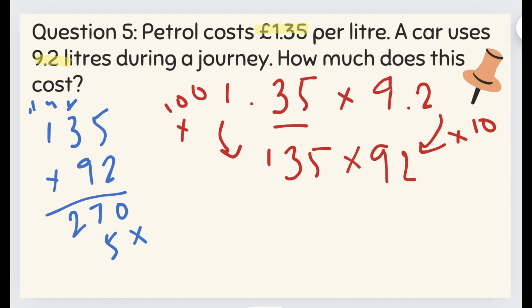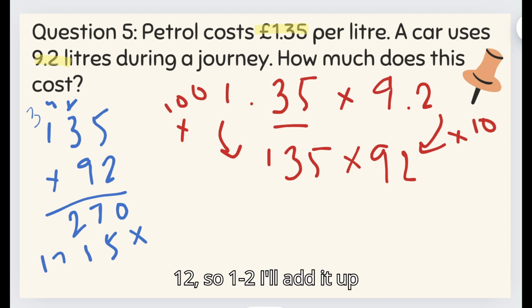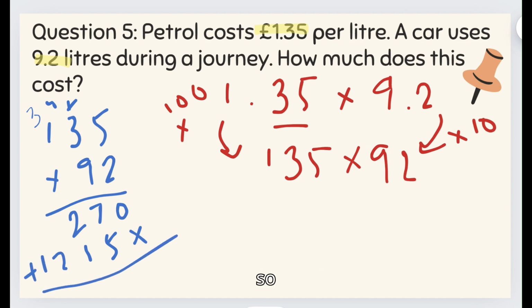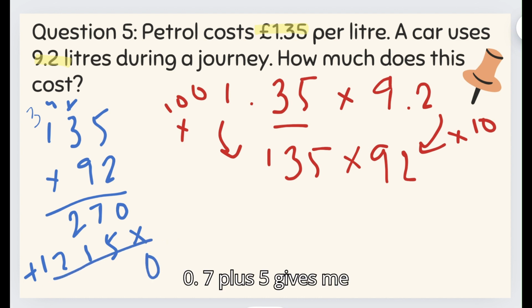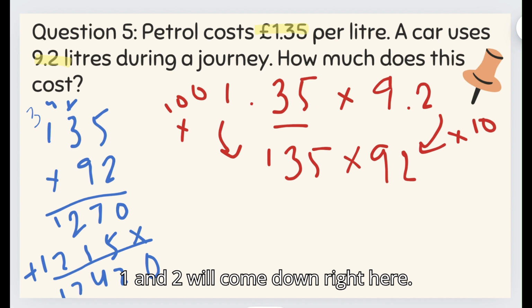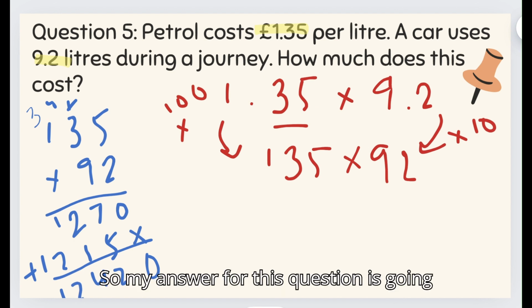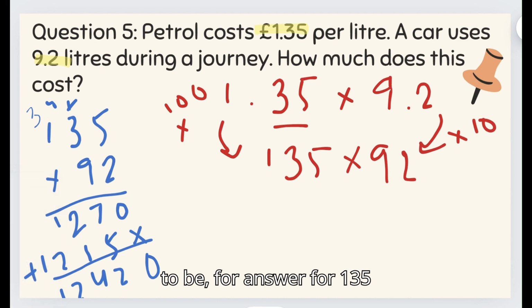Put a small 3 here. 3, 1. 9 times 1 gives me 9. 9 plus 3 gives me 12. So 1, 2. I'll add it up. 0, 7 plus 5 gives me 12. So 1, 2. 2 plus 1 plus 1 gives me 4. And then 1 and 2 will come down right here. So my answer for 135 times 92 is going to be